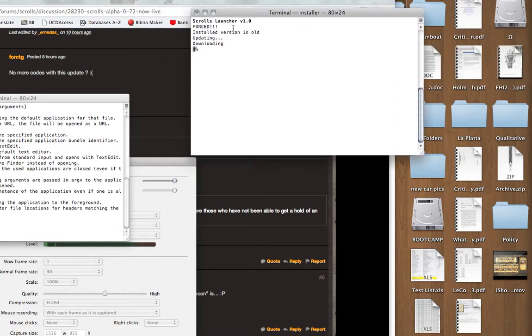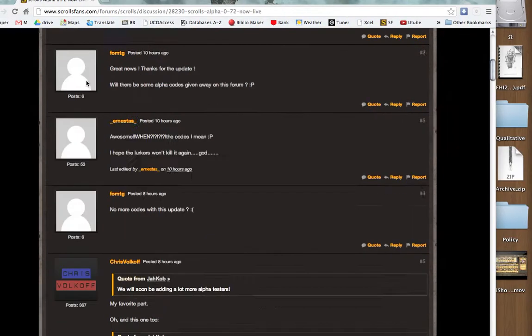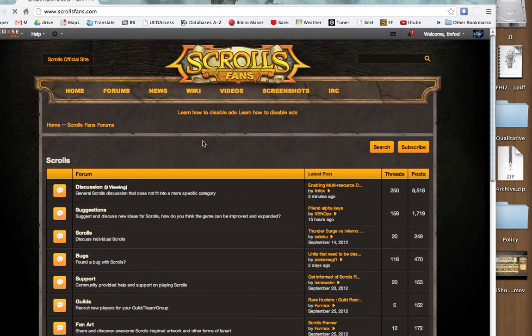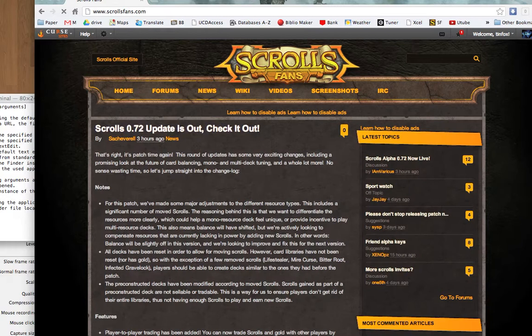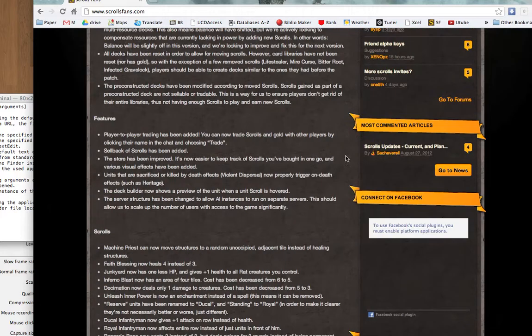Bring that into view. Downloading, the boring part, but let's see if we can pull up the patch notes really quick while it's doing this. Alright, so here are the patch notes that we're looking at. Let's check on this download. Alright, 28%. Alright, so you can see